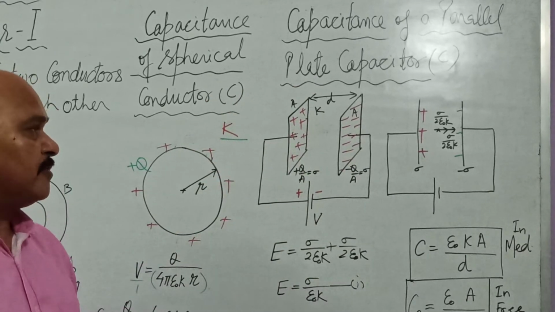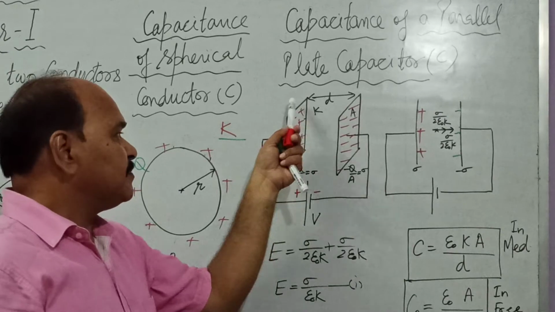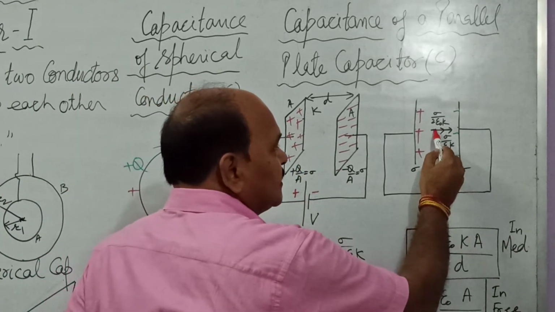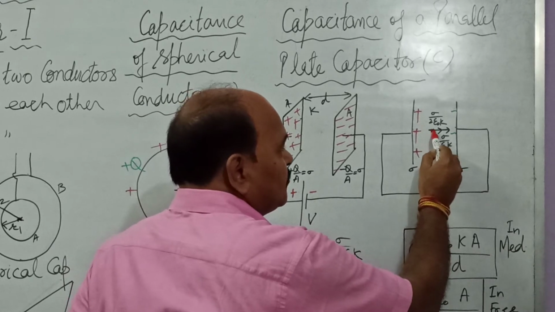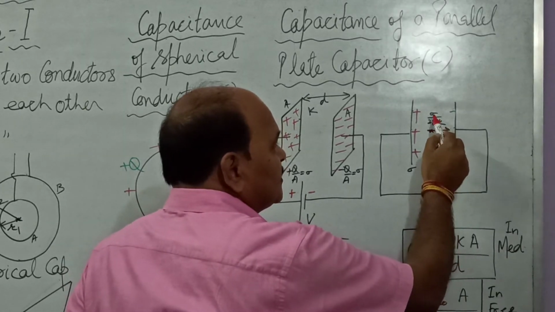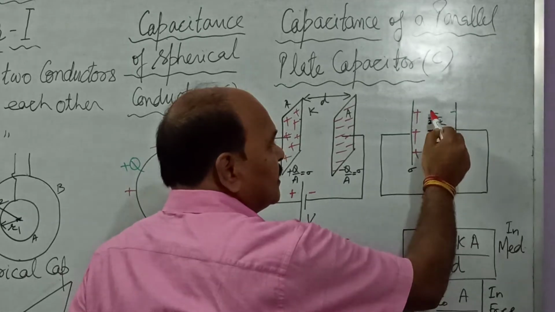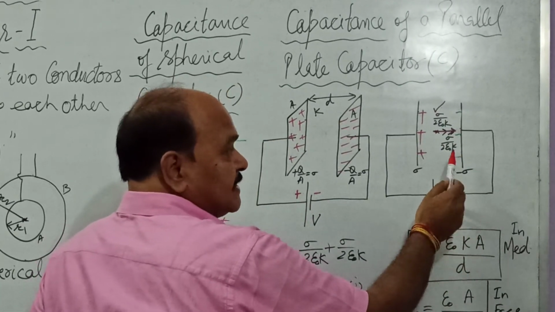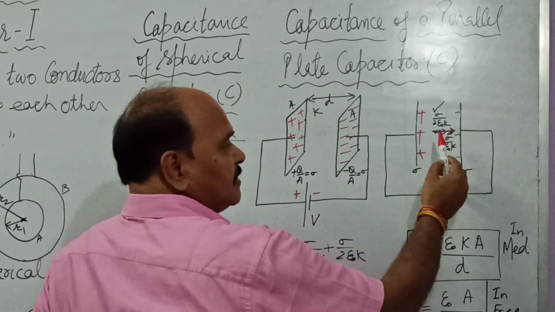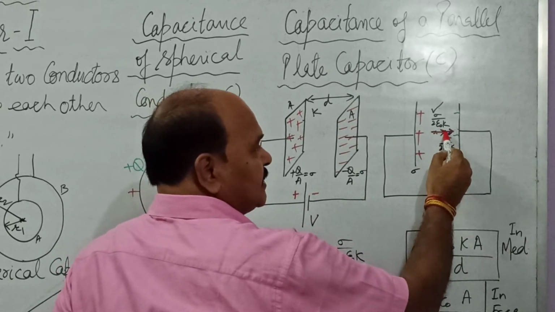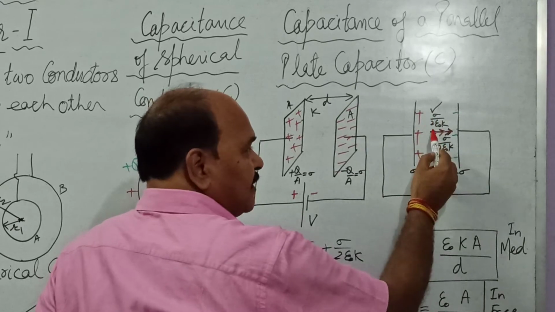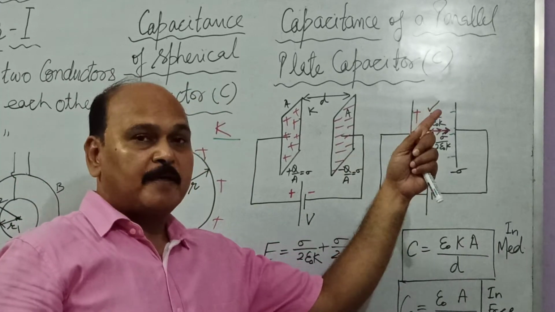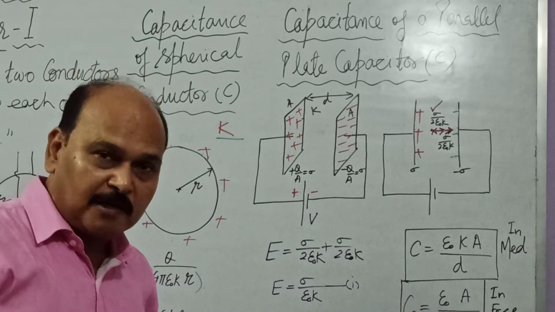And what is that uniform electric field intensity? Because of this positive charge, the electric field intensity will be where? Towards right. The electric field intensity vector will be towards right, and the value will be what? Sigma upon 2 epsilon naught K. And because of this negative surface charge, electric field intensity is normally towards the charge. That means it is normally towards the surface like this. The field vectors here, because of both the surface charge distributions, are parallel to each other. Their magnitudes are the same and they are parallel to each other.